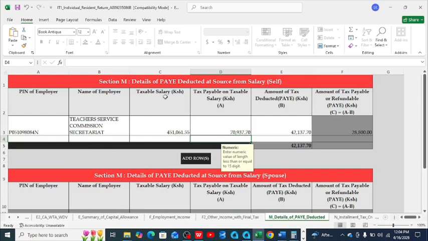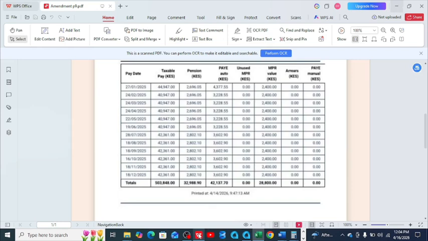As you can see in this scenario, my taxable pay is this amount, my taxable salary. When I get back to the P9 form here, which I have from TSC, the taxable pay, which is the taxable salary, is this amount. So according to this P9 form, which originates from TSC,